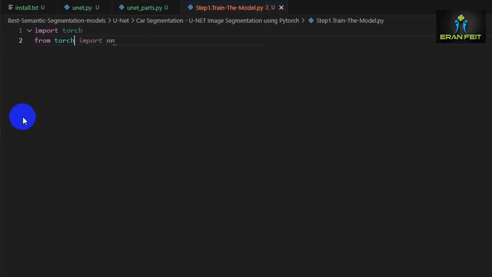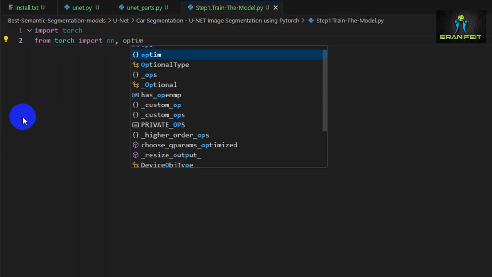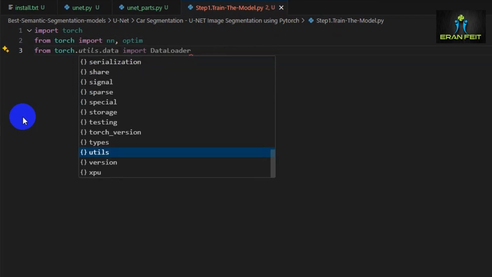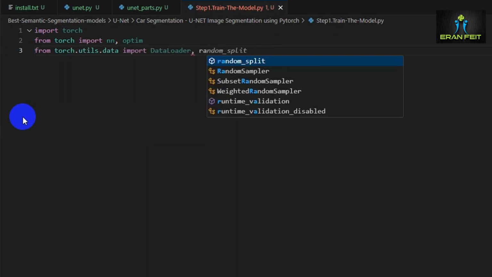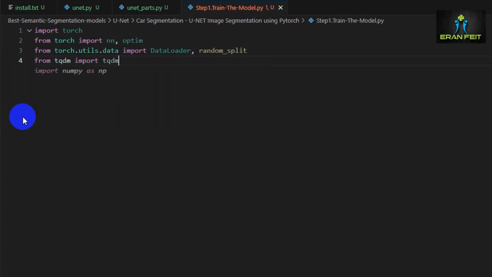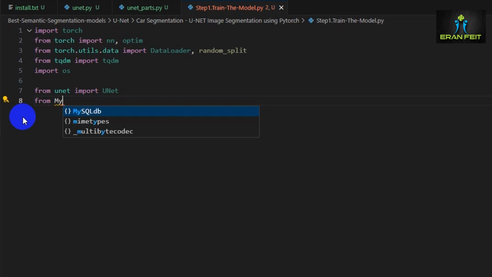Okay, let's start by importing the core PyTorch module, and we will need it for building and optimizing our model. Let's also import tqdm. It's a really handy library to show a progress bar, great for monitoring training. Next, we are importing our UNet class, and next we will import a new class named myTrain_dataset, and we will